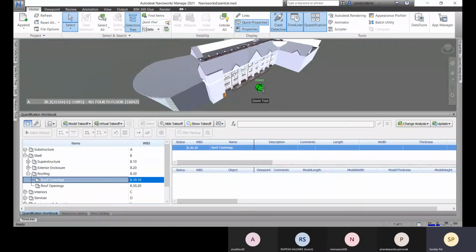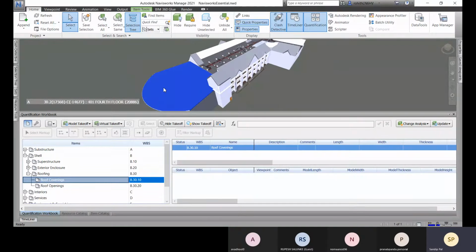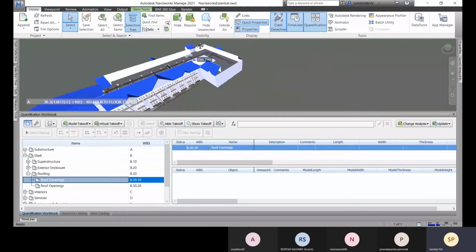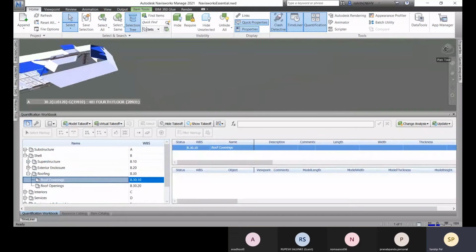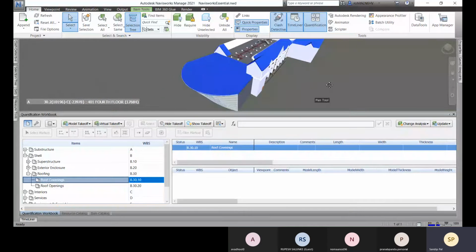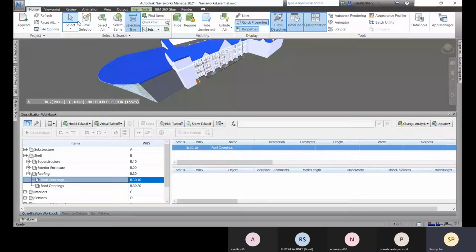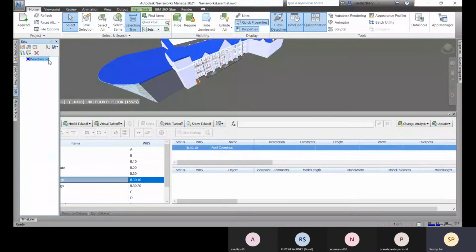So I need to attach, right? First of all, I will select this roof, and then I will go for this select same, same type, and all my roof coverings are selected. Here you can see all my roof coverings are selected. After that, let's save this as a set, and I will name it roof coverings. Okay, and then let's press enter. That is done. Here you can see.